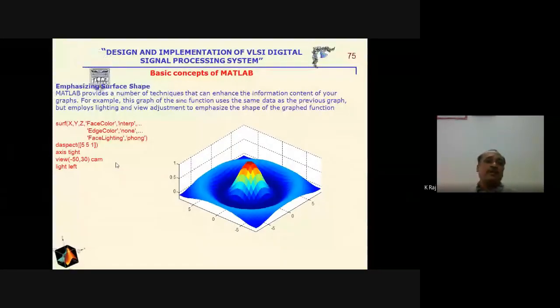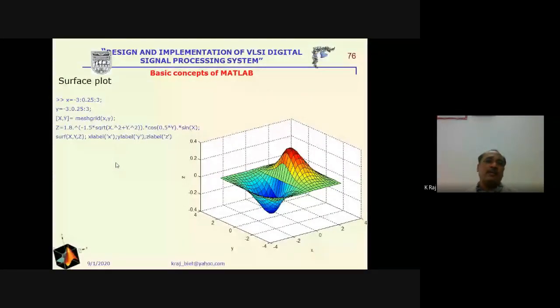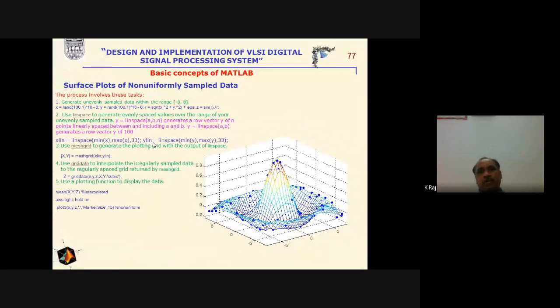Now say this is the surface plot in which x and y are defined, then the plane xy is defined, z will be defined in terms of xy, and we will use the surf command and we can write something on the x-axis, y-axis and the z-axis. All the commands are the same, whatever we have discussed here, and we can use different functions in different ways here.